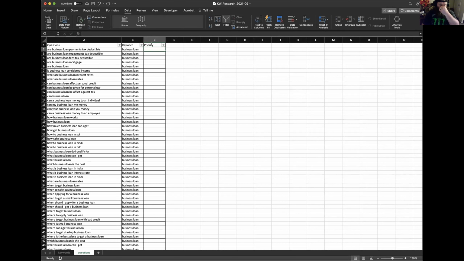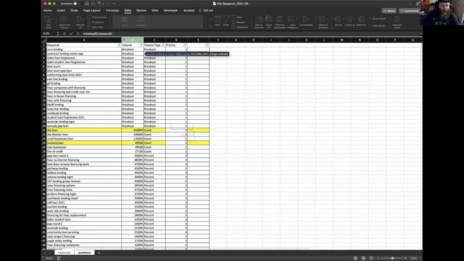So the way that we're going to pull in priority is going to be based off of a function called a VLOOKUP. So that's equals VLOOKUP, open parentheses. Then we're going to key over to the keyword itself, comma, navigate to our keyword section, and then we're going to highlight A through D, and you can see that that little thing pops up on